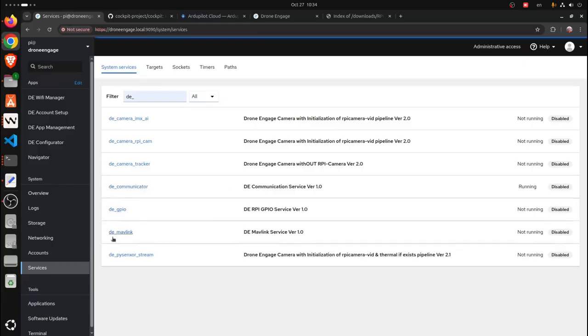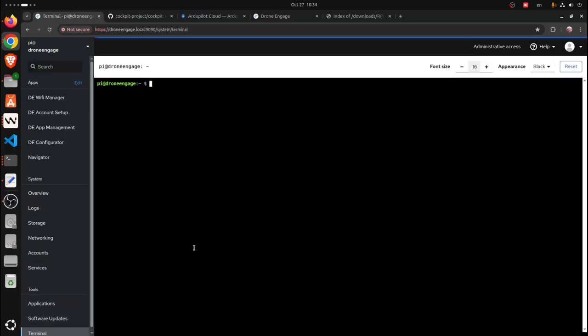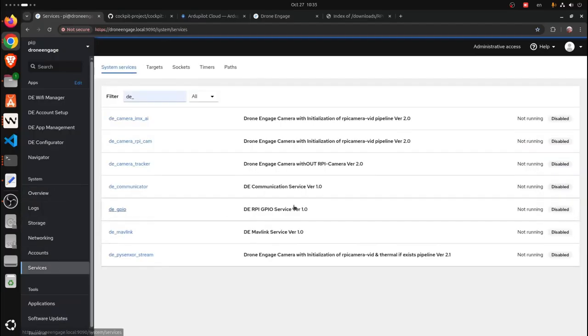By default, these services are not running. I was running this. Let me stop it. systemctl stop. Okay. So this is the default view when you first install